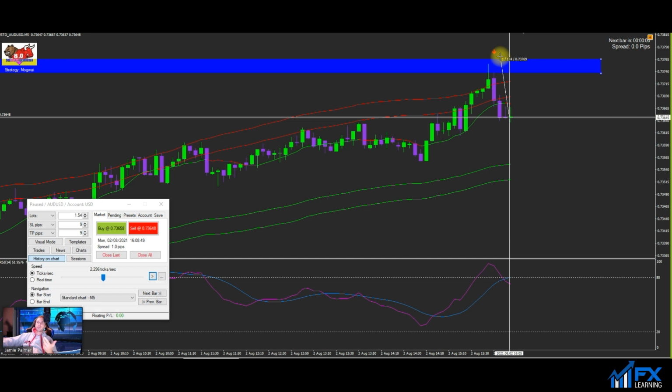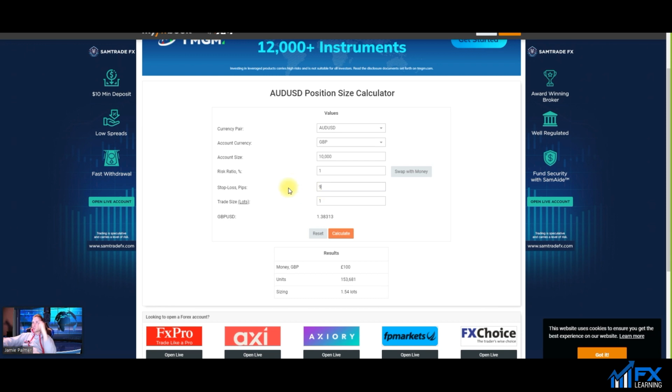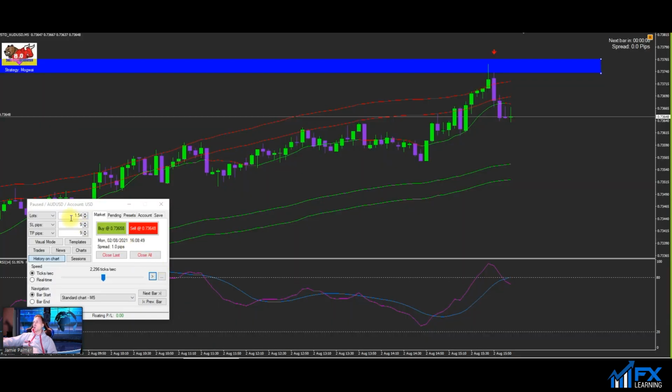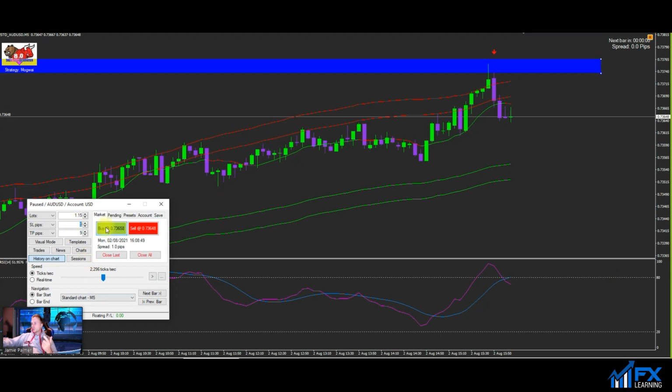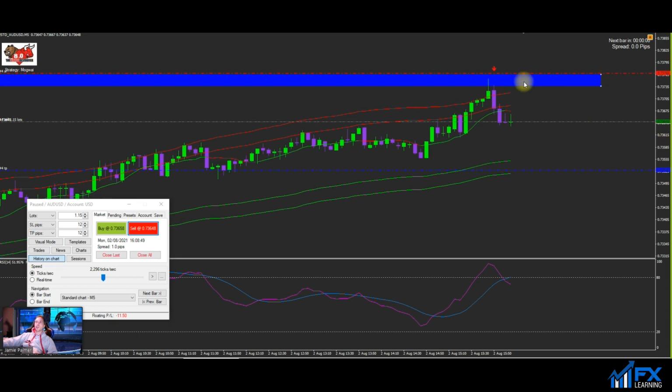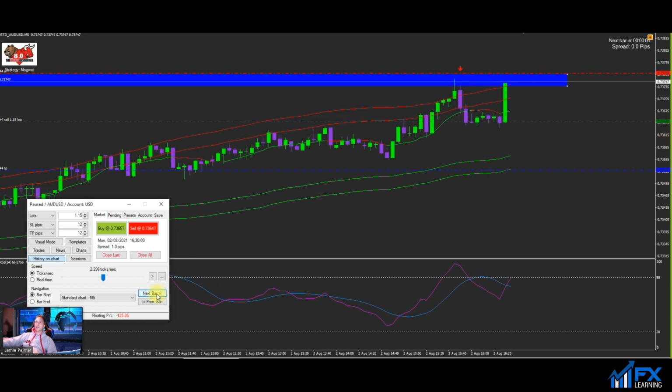Stop loss, let's go with 12 pips on this one. And I'm going for 1.15 lots. I keep saying 0.15, it's 1.15. And what was my stop loss? It was 12 pips, wasn't it? So 12 pip stop loss, 12 pip take profit. We'll take a sell. There we go. Stop loss, take profit. Hopefully this trade wins. Oh,